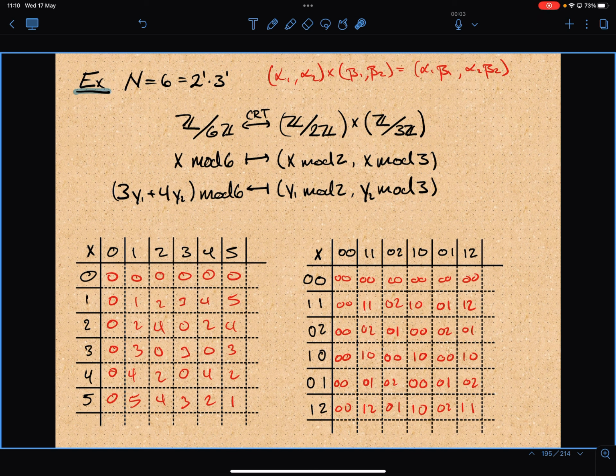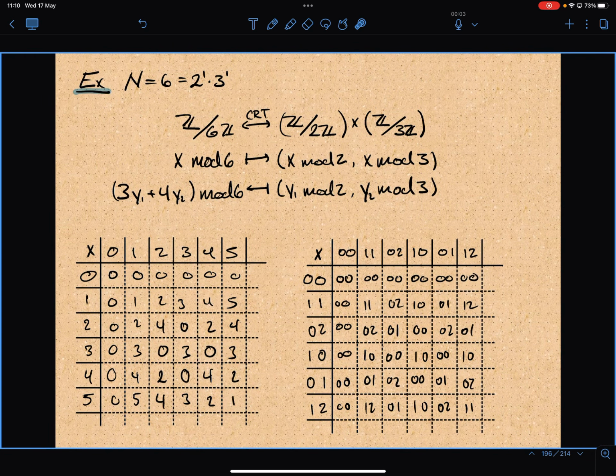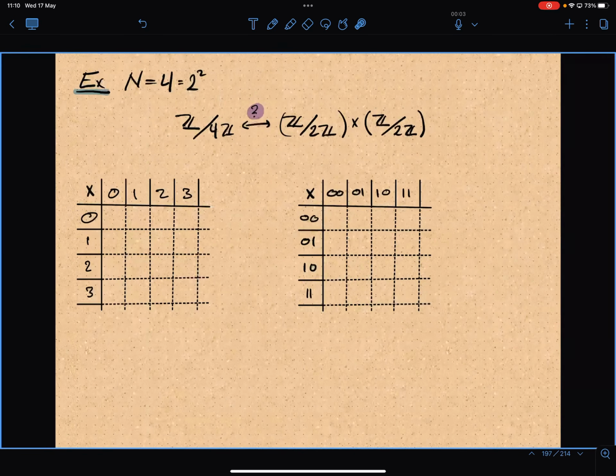So in here, we're checking by hand that the multiplicative structure and the additive structure is preserved under this mapping, under this bijection. So this is the statement of the Chinese remainder theorem. Now, and I wrote the solution here. Now,